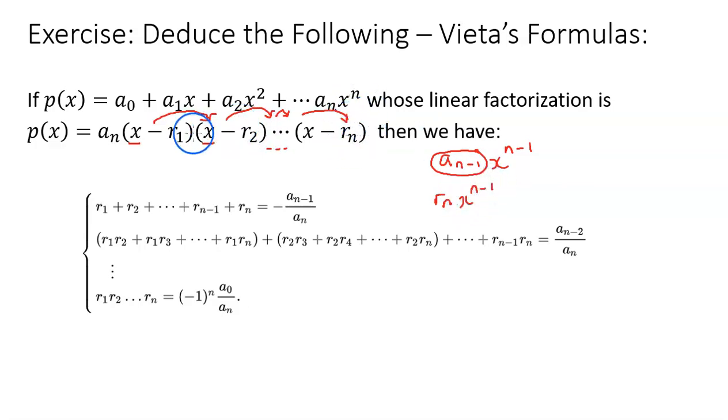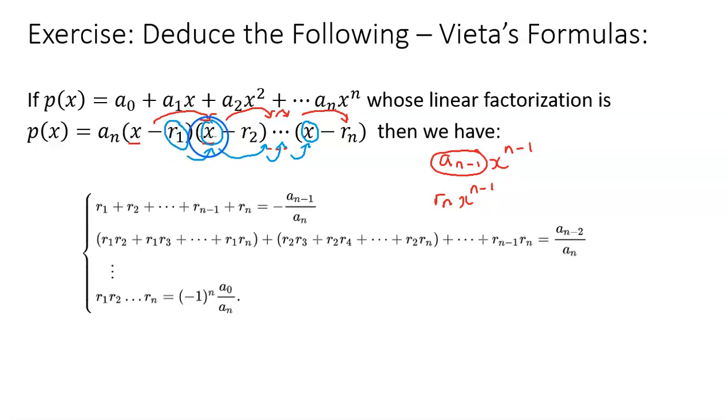So that would be this rn and then all the other x's. Another combination would be if we were to take not this x here. So this x here, the next x wherever it is, all the way down to the last x. So all these other x's, except for the first one, get multiplied together. But because it's a product of binomials, there needs to be one of each of the terms in the brackets multiplied by one of all the other terms in all the other brackets. So that means the last one is going to have to be this r1 here. And so